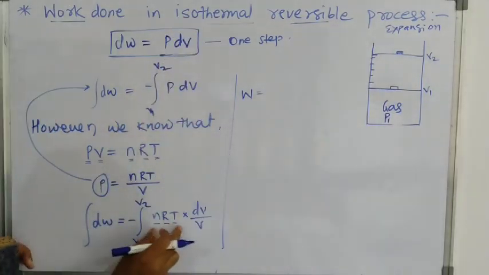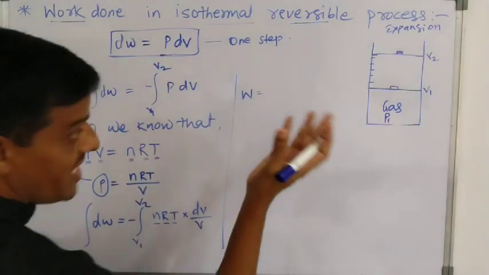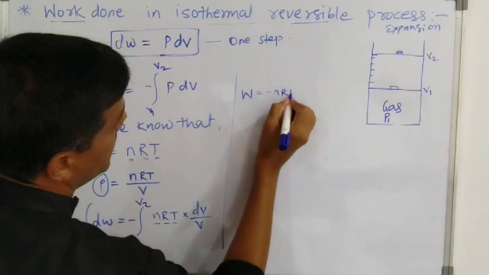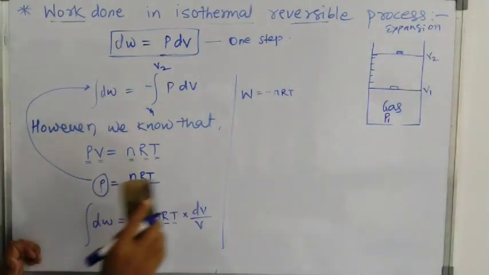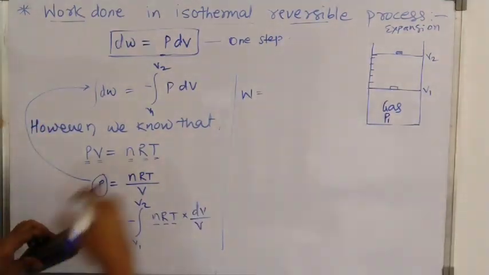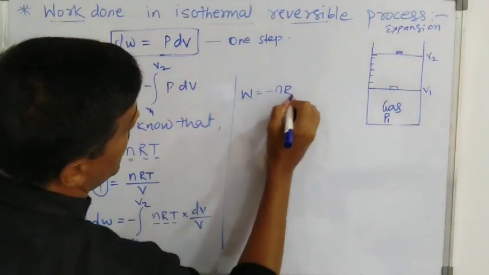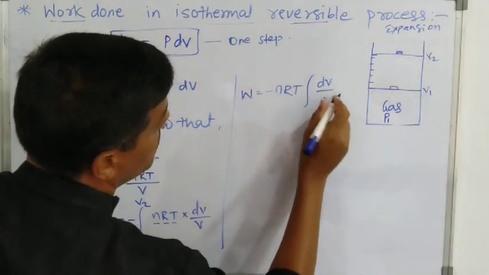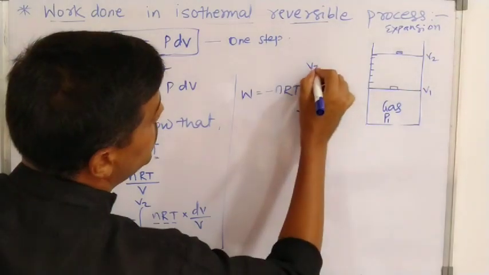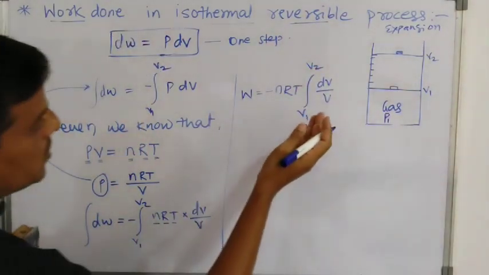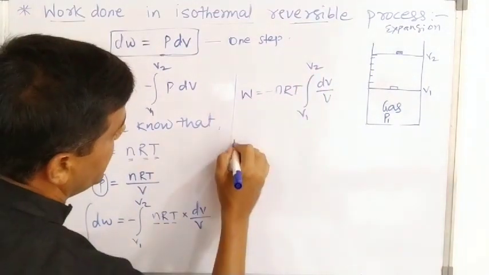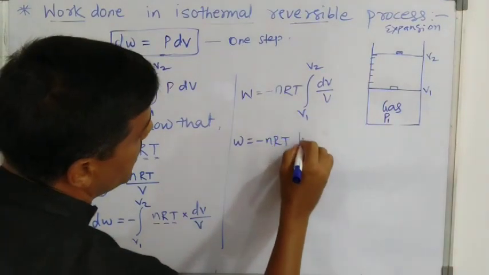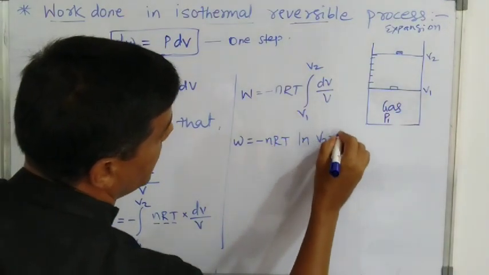We can take these three terms out of this integration since they are not going to change throughout the process. Therefore, minus nRT, the integration of dV upon V from volume V1 to V2. After integrating this equation, we will get minus nRT natural log V2 minus V1,